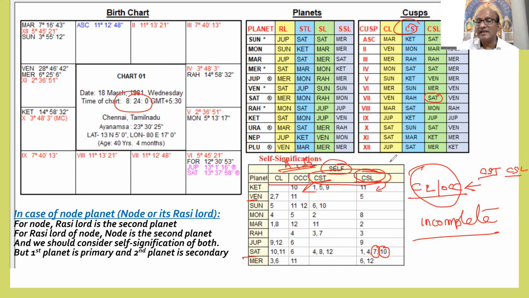Suppose in the interlink they take only cuspal sublord or cuspal sub-sublord. They are ignoring cuspal lordship, occupying house, cuspal star lordship. If you take KP, they take only cuspal lordship and occupying house. They are not considering the cuspal star lordship and cuspal sublordship. But in EPS, we take everything. Then only we can differentiate the planet's signification when the minutes are changing.